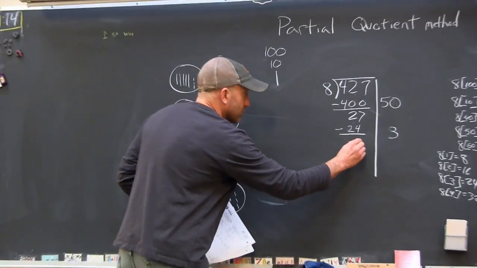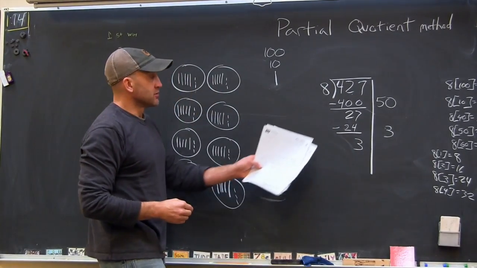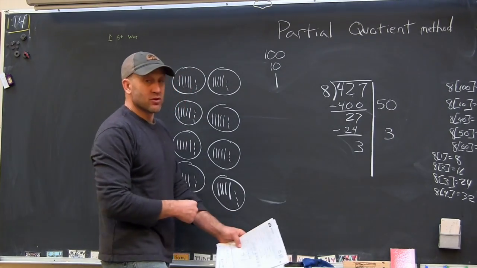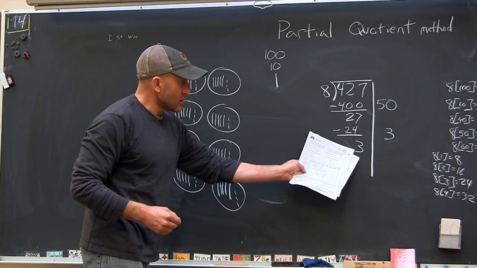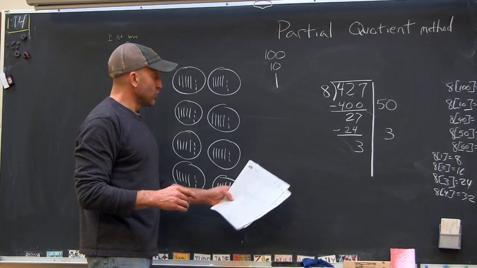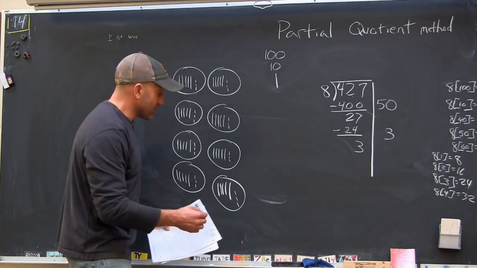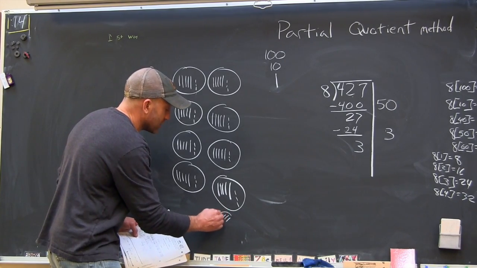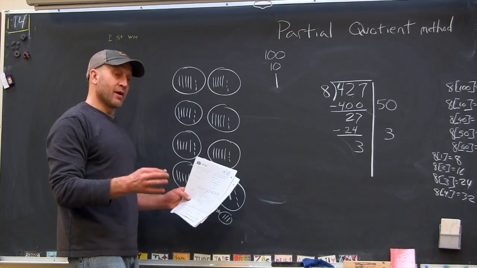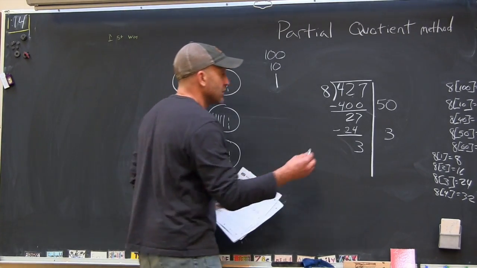But I have 3 waves left. Okay, out of that 427, I have 3 waves left over. And I probably don't want to forget about that. So what I like to say, probably what will happen, is on the last day, we have to do 3 extra waves. Okay? And so what my answer winds up being is